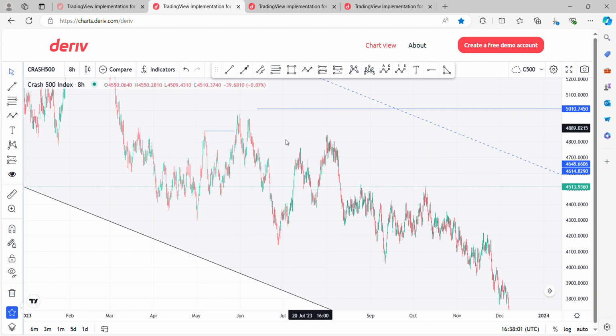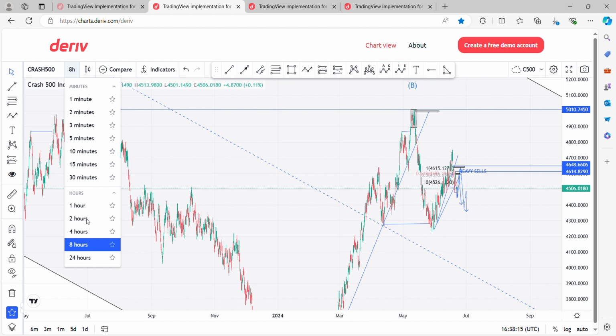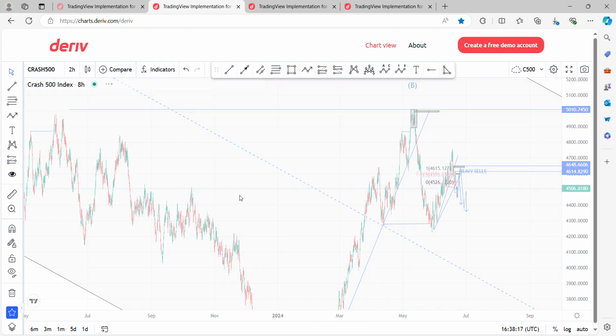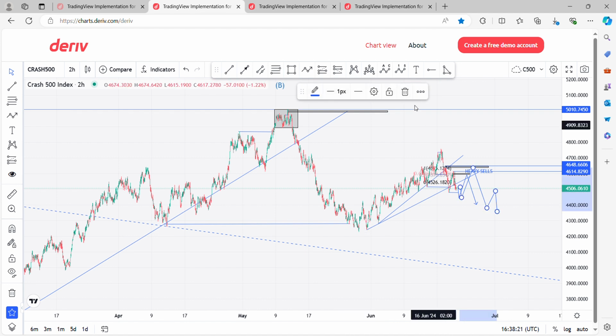All right, that has been taken away already. We have a 50% retracement. Price came to take the liquidity that is there. Long higher time frame. So now, enough of the higher time frame. Now let's go to the lower time frame, to see what I'm really looking at. Now let's see this.